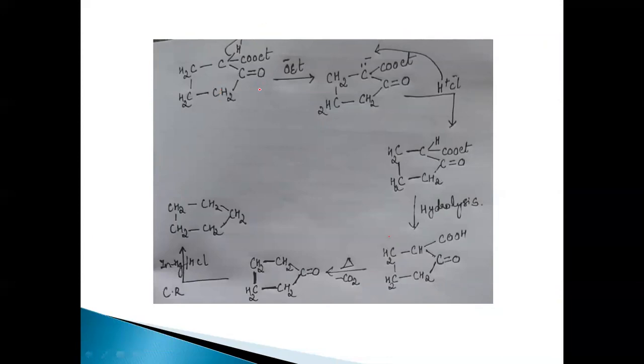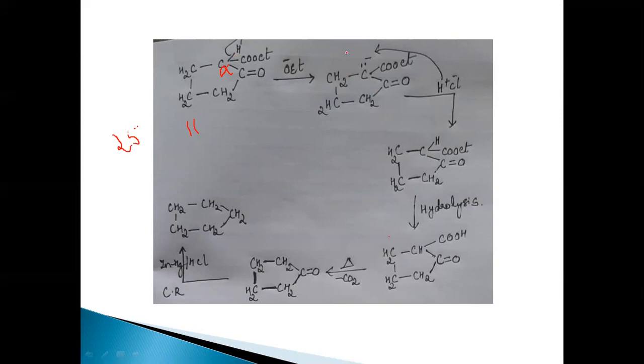When this ester, that is beta keto ester, is treated with, again there is base here, OEt minus, in the presence of this base, there is excess of base. This is an alpha hydrogen, so this alpha carbon is more acidic now. The pKa of this is 11 here when compared to that of the normal ester, that is 25. That means this is more acidic, so this easily can lose a proton. This OEt minus will attract this alpha hydrogen, resulting in the formation of this anion.